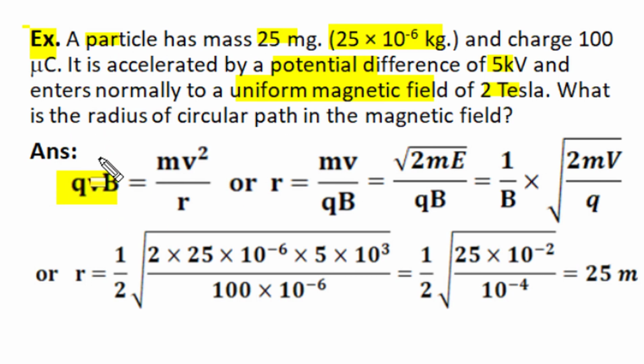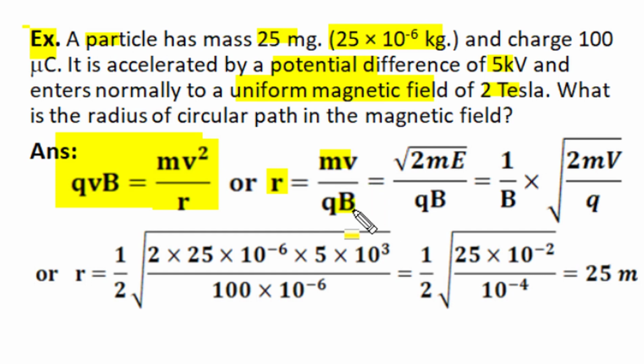A particle performs uniform circular motion when centrifugal force mv square by r gets balanced by the radial inward centripetal magnetic force, and from this equilibrium relation the radius is given as mv divided by qB, where m is the mass of the particle, v is the velocity of the particle, q is the charge of the particle, and